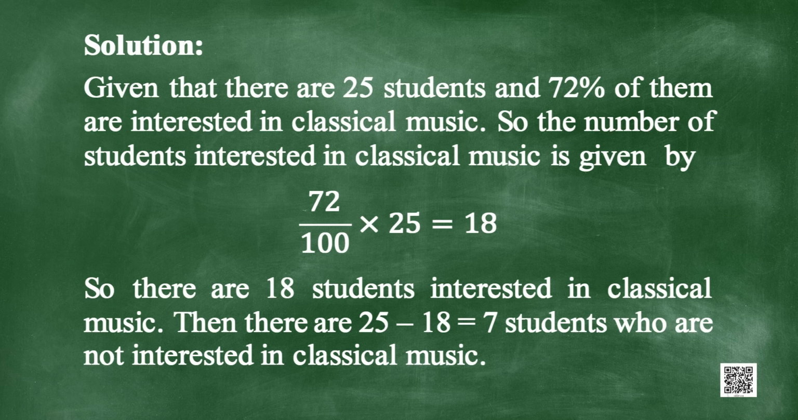Now, we can find the number of students who are not interested in classical music by subtracting this 18 from 25. So, 25 minus 18 is equal to 7. Therefore, there are 7 students who are not interested in classical music. Therefore, we have found that 18 students are interested in classical music and 7 students are not interested in classical